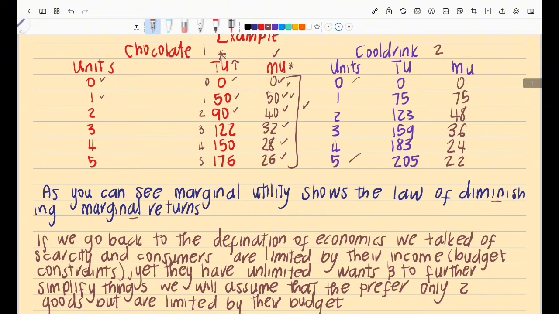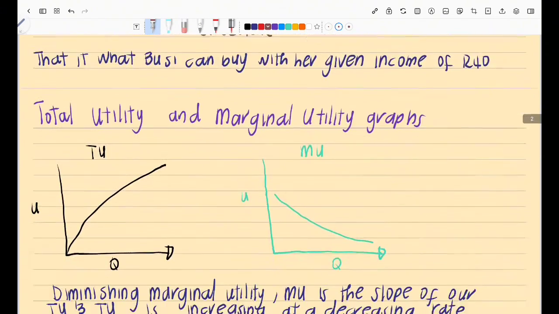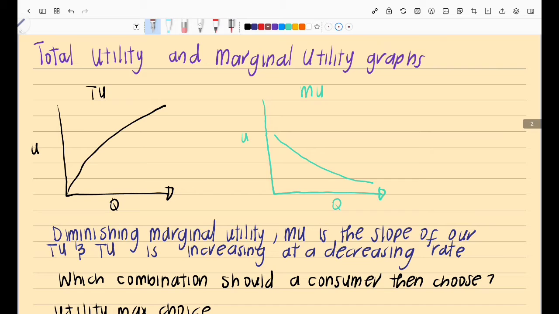All right. And as you can see, still my marginal utility is decreasing as my total utility is increasing. So to be able to conclude, you'd say total utility is increasing, as we are seeing here, but at a decreasing rate. Okay, that is utility. But before we move on to the next thing, I just want to show you the graphs of both this utility that I'm talking about, the total utility as well as the marginal utility graph.